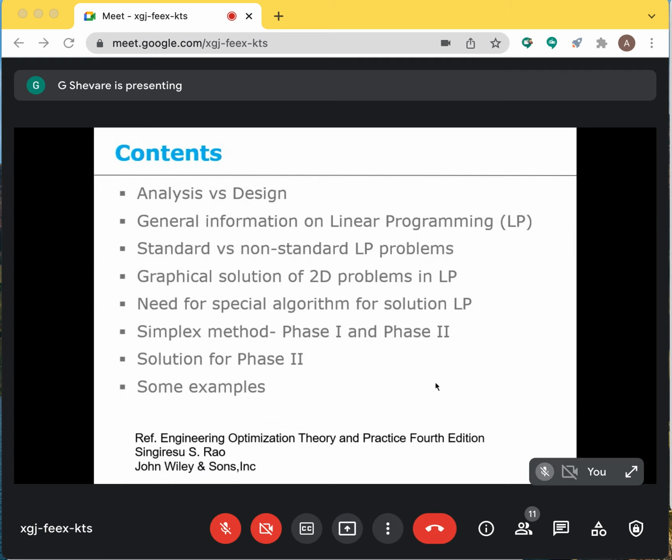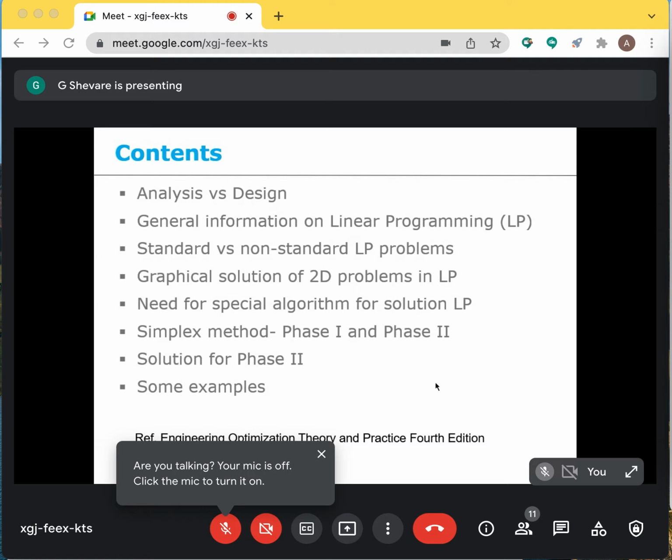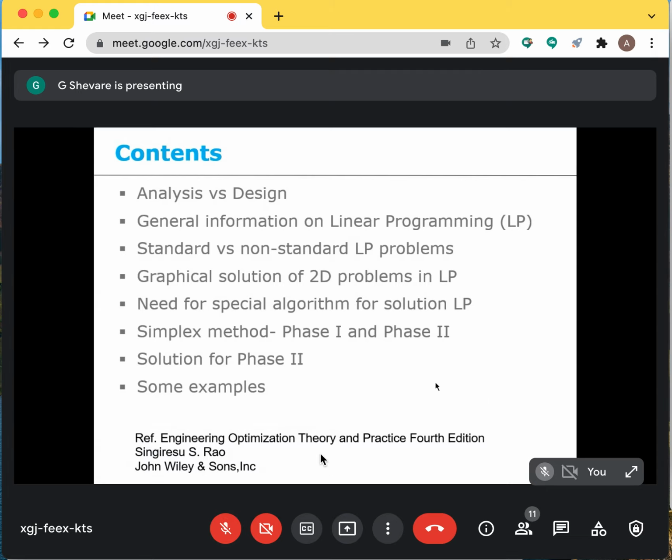We will not have time for phase 1 and phase 2 both. So we shall cover what we call phase 2 first. We will not study phase 1. And we will do all this through some example, one or two examples, depending on the time that's available. I suggest that if you want to learn linear programming, refer to the book which I have indicated in this slide, where the material in this slide is taken from. And it's a good book to read.